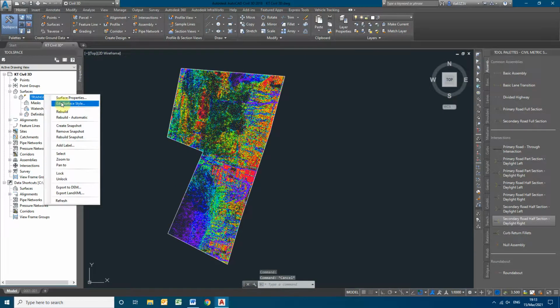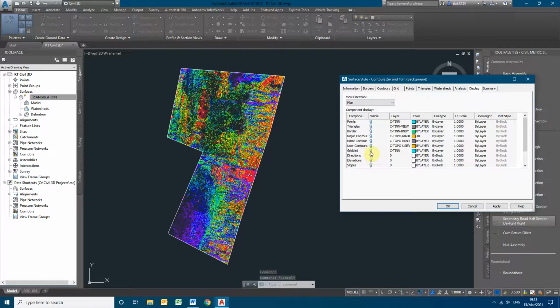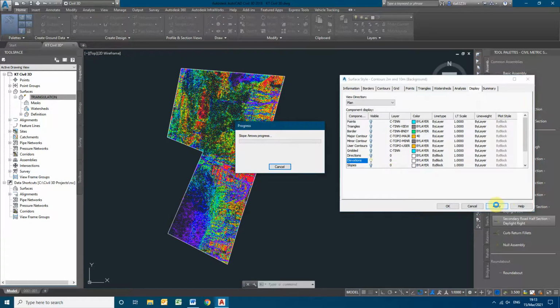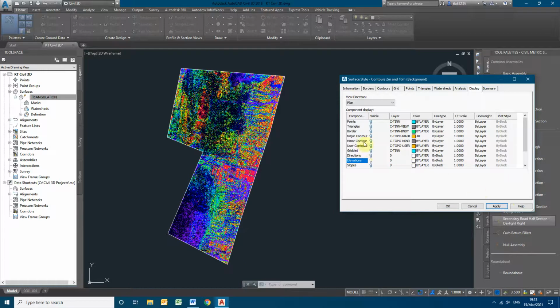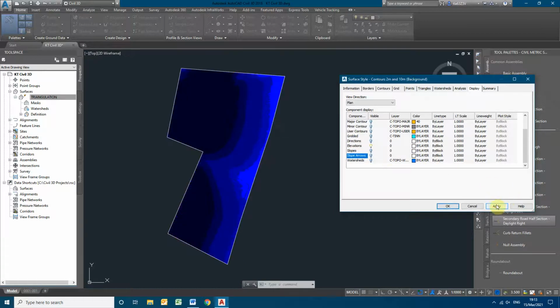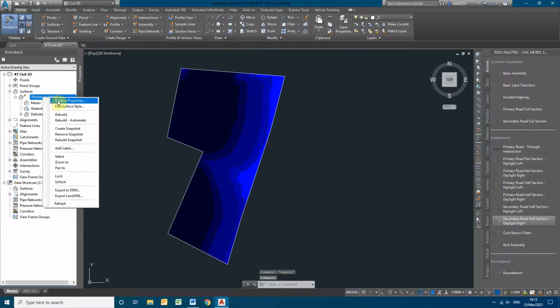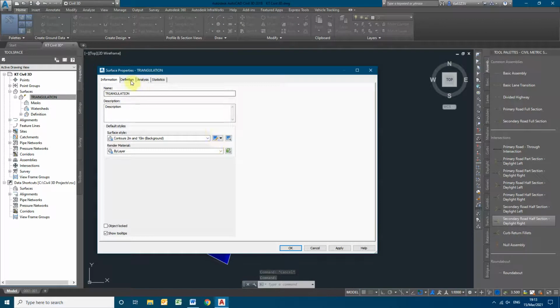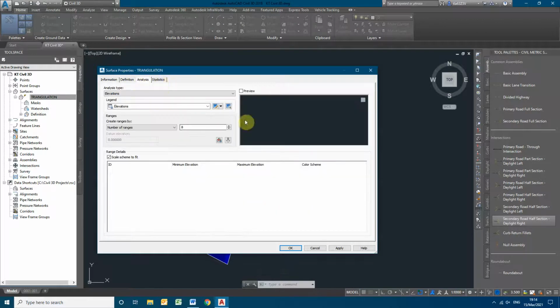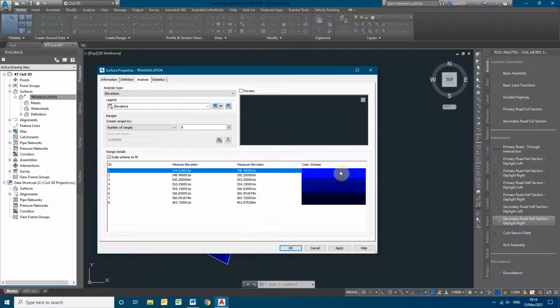Similarly for the elevation, we can even change the colors of the elevation bands. Just by clicking on the surface properties, we can change the colors as per our requirement.